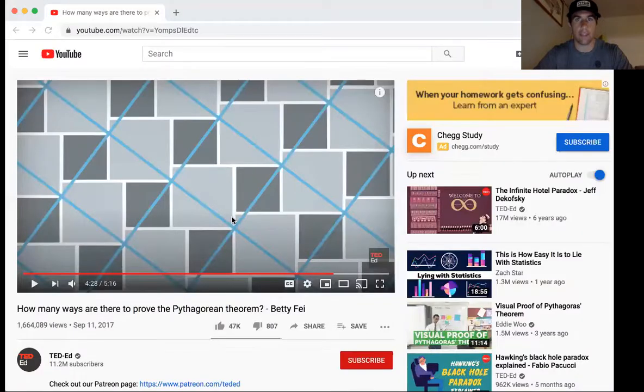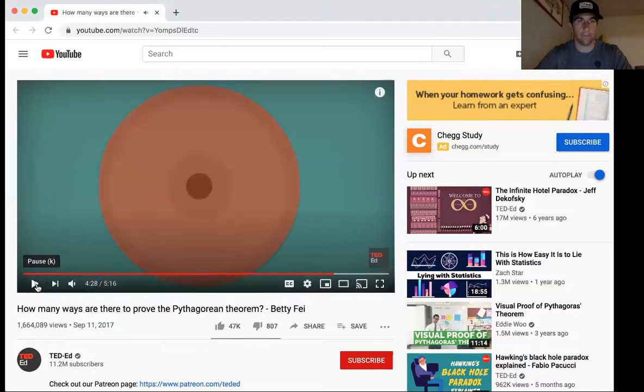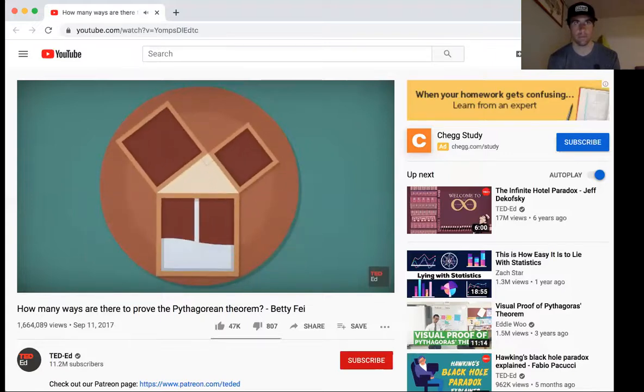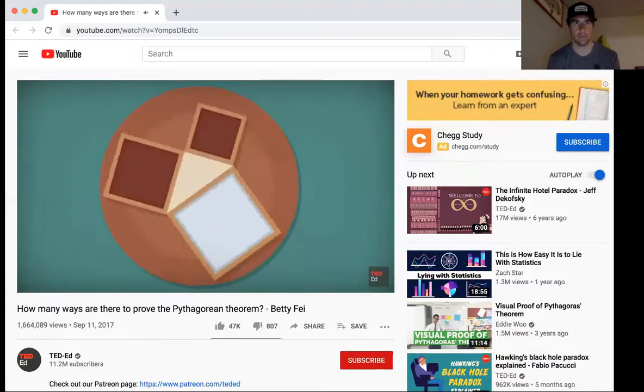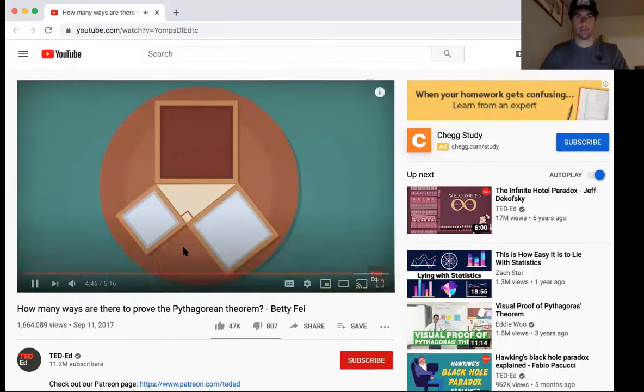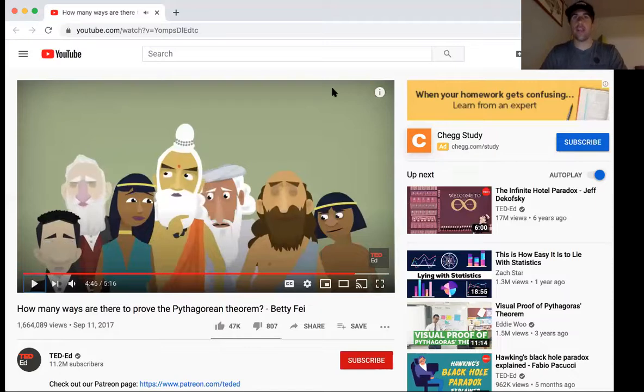Now let me show you this one last thing. You ready? This might help. So watch this video. And if you'd really like to convince yourself, you could build a turntable with 3 square boxes of equal depth connected to each other around a right triangle. If you fill the largest square with water and spin the turntable, the water from the large square will perfectly fill the 2 smaller ones. The Pythagorean theorem.